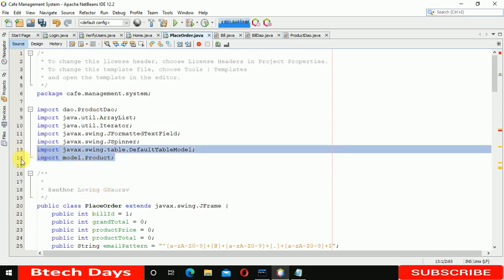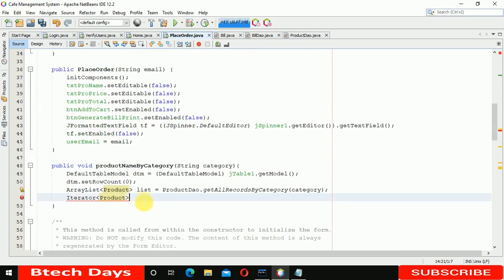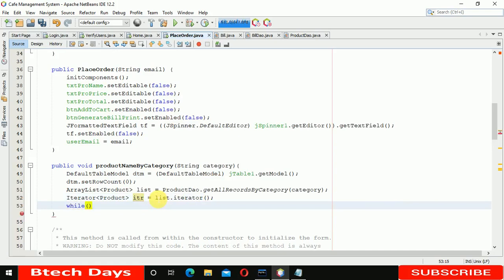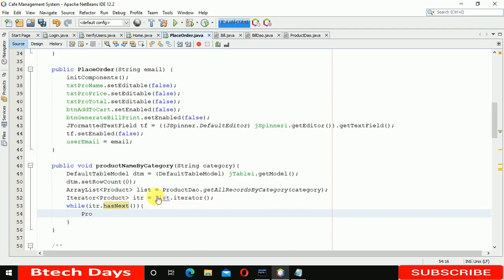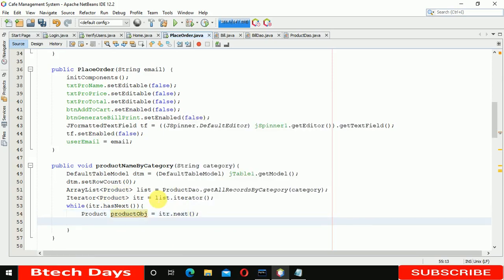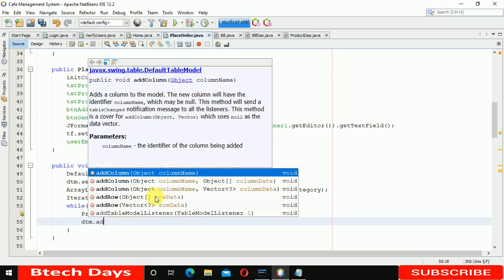So you can see we already created this model, and get back over here, and here we have to write itr equals to list dot iterator, this option, semicolon, and while itr dot hasNext, then we have to run, and here we have to write product obj equals to itr dot next, and dtm dot add row